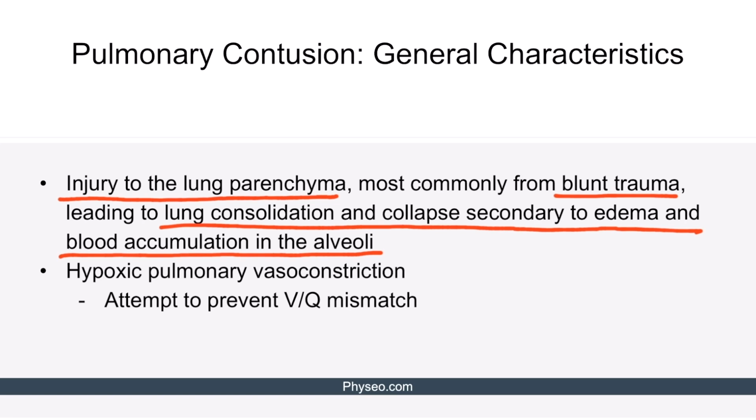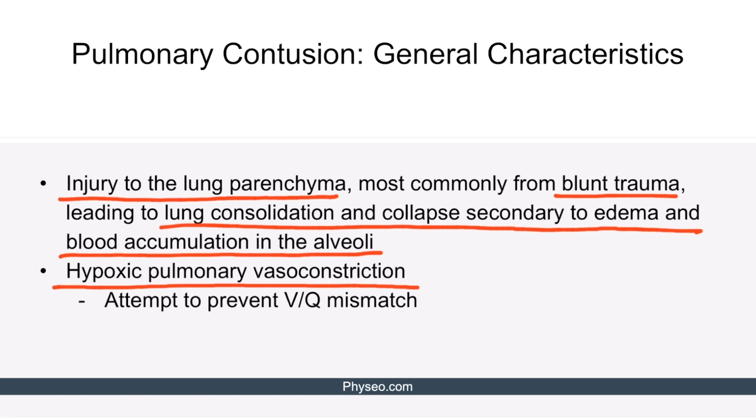Another important concept is hypoxic pulmonary vasoconstriction. Let's review this process. When a certain amount of blood is not properly oxygenated in the lungs due to various respiratory medical conditions, hypoxia occurs. In response to hypoxia, intrapulmonary vessels constrict to direct the blood flow to better oxygenated lung areas and prevent ventilation-perfusion